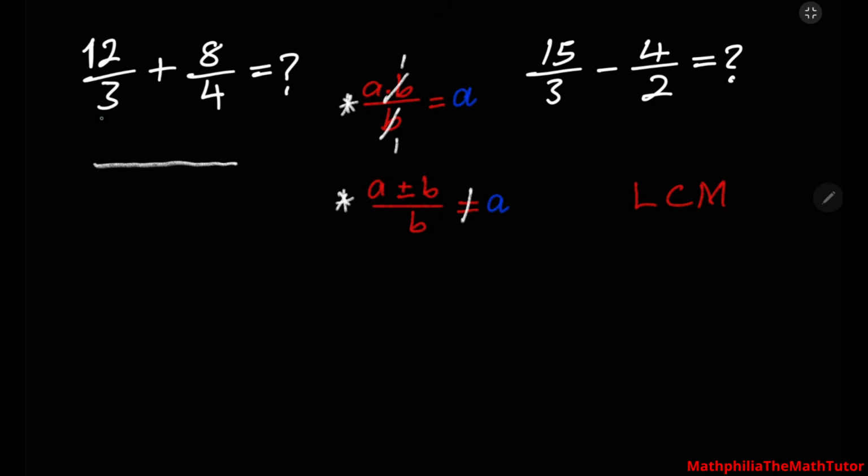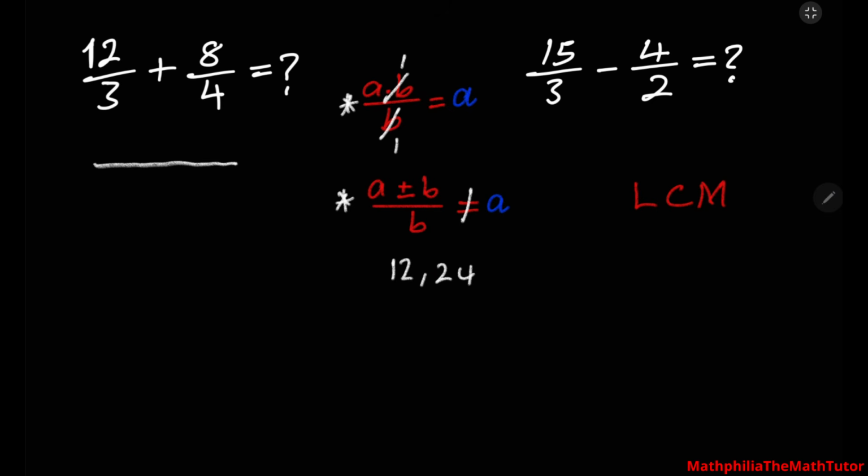So in our case here, the denominators are 3 and 4. Then what are the numbers that 3 can go into and 4 can go into? Let us list them down and see. Okay, there is 12,